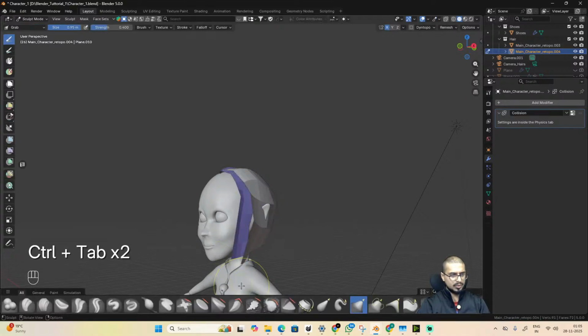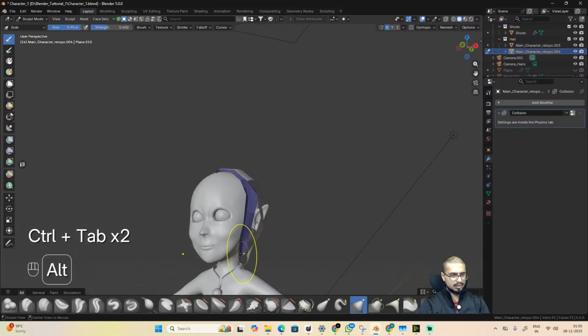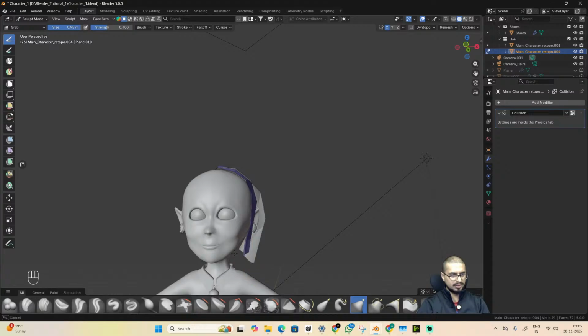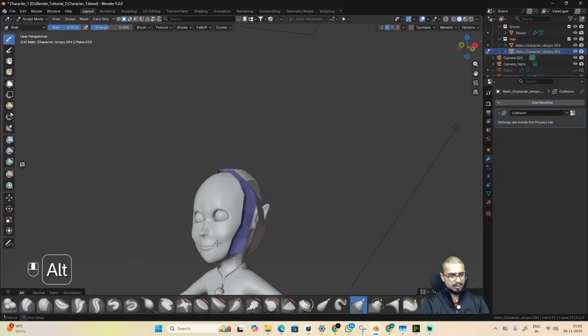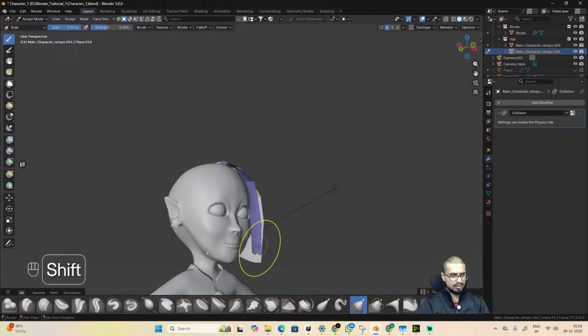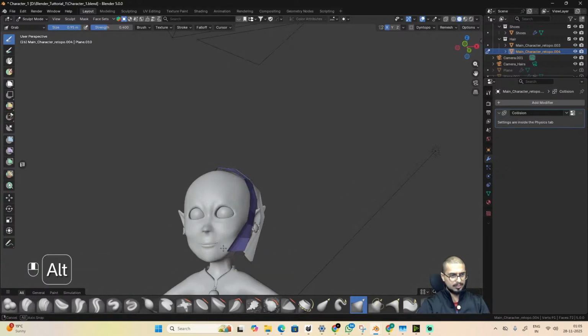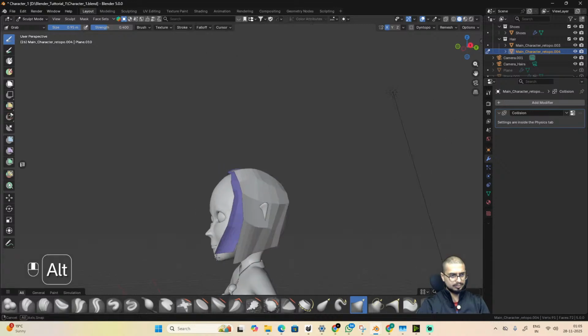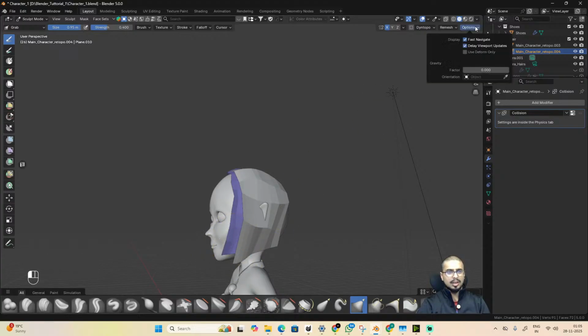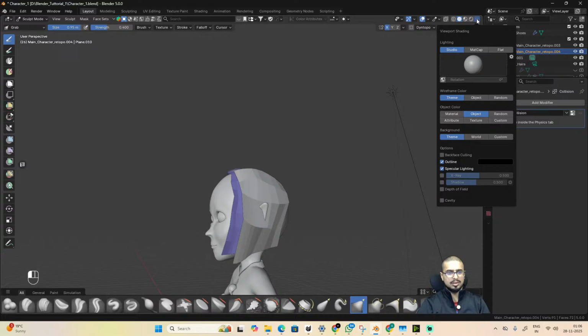And I'll push this one a little closer to the face. I'll smooth that one out too. I'll go to this panel over here, which gives shading properties to the... Okay, so